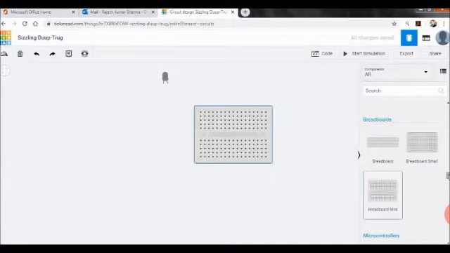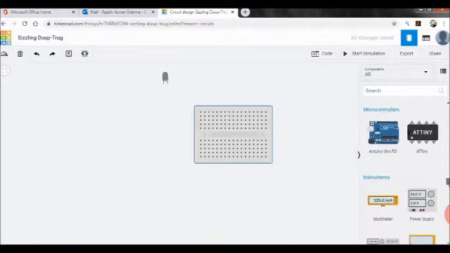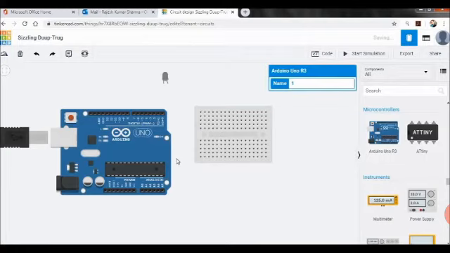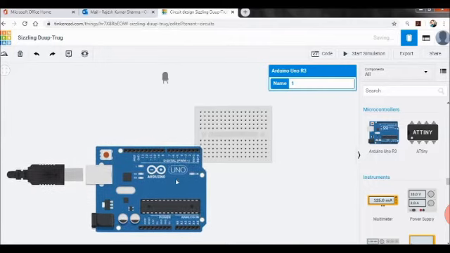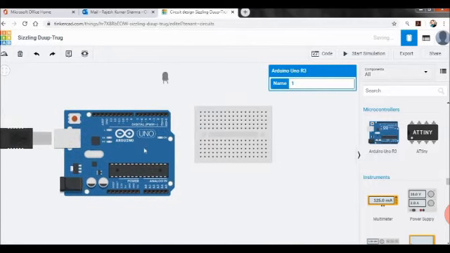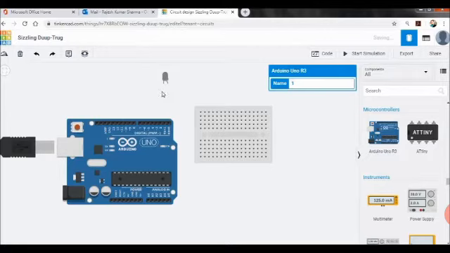We'll take an Arduino and a breadboard. The breadboard is not required with the LED, but we'll connect it with the RGB. So the breadboard is taken for the next project. Now just drag the Arduino. Heavier components will take some time to come out of the box. That is one thing, you have to wait. As it is online, your network connectivity should be good. Otherwise Tinkercad will go very slow, because the components are quite heavy. The software is heavy, you can say.